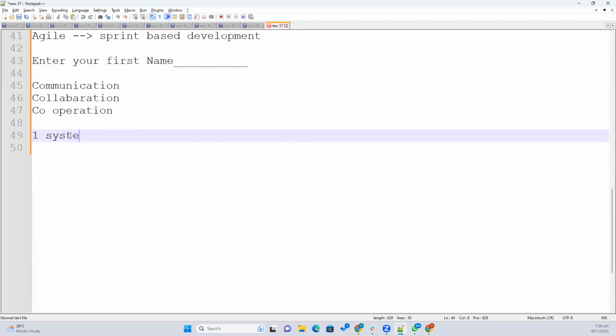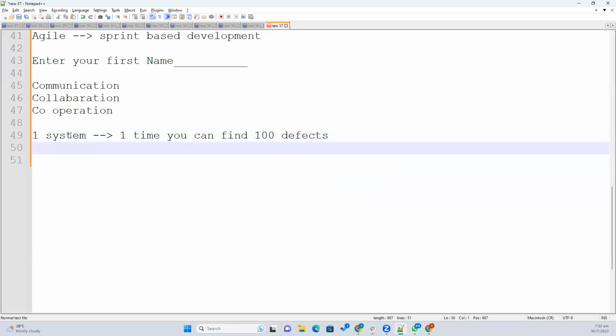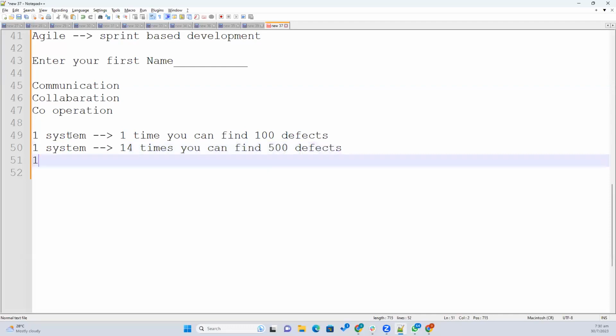If one system is tested one time, maybe you can find 100 defects. If you test one system 14 times, you can find 500 defects. If you test one system for 30 days, then you can find at least 501 defects.